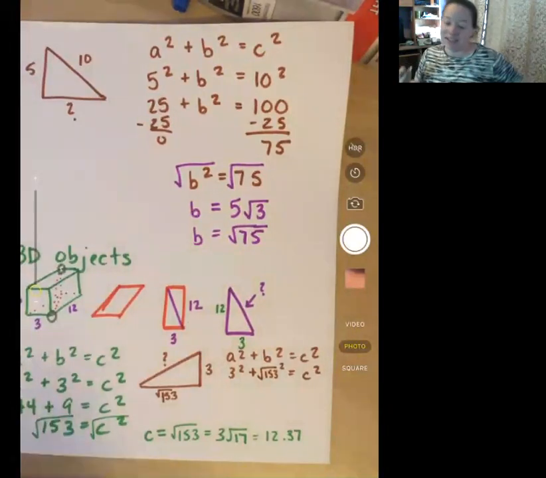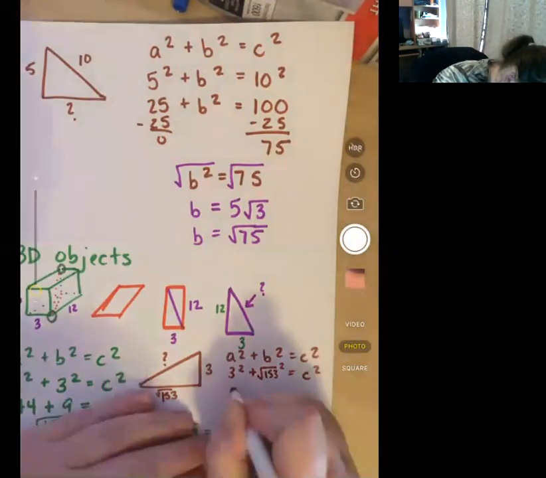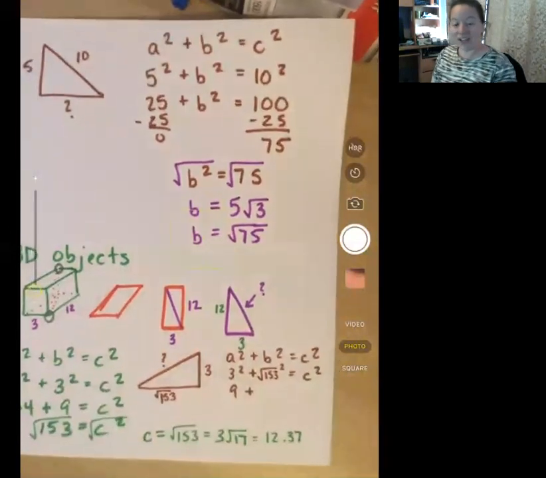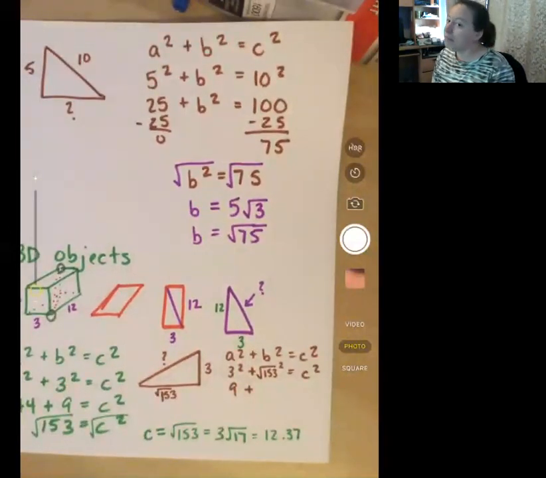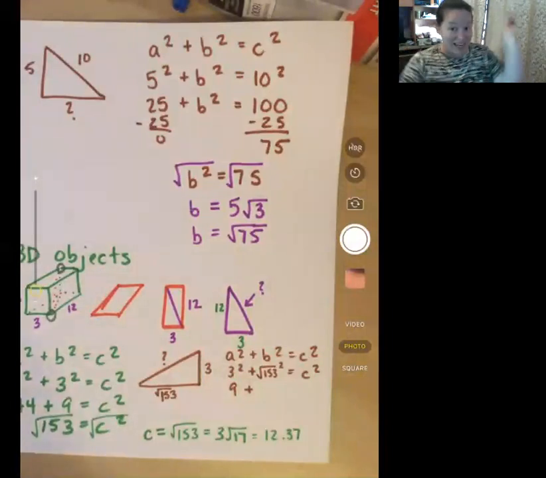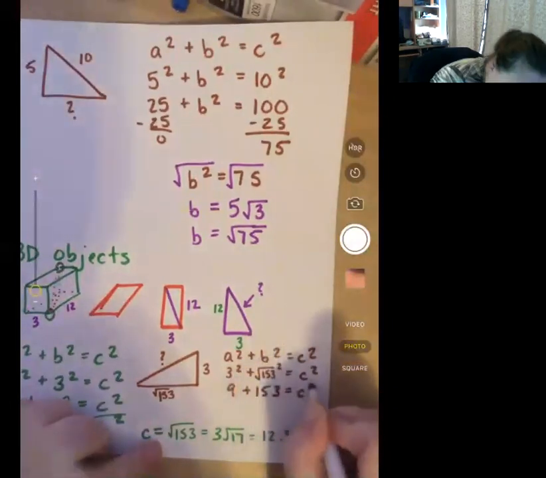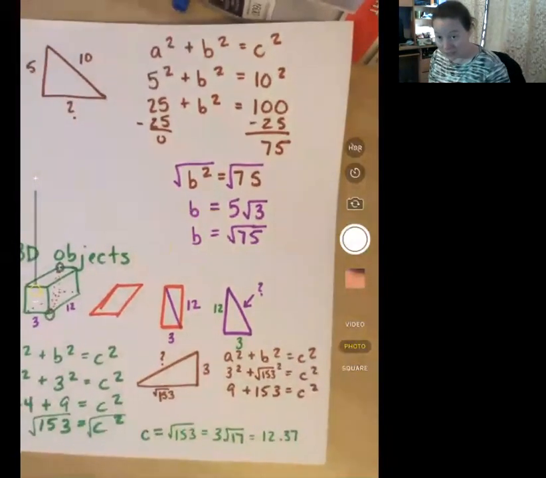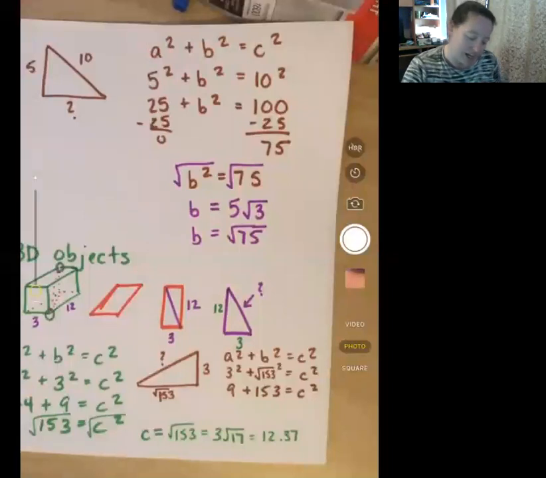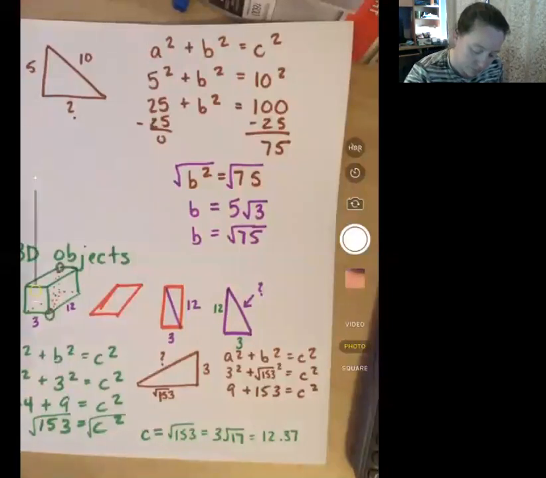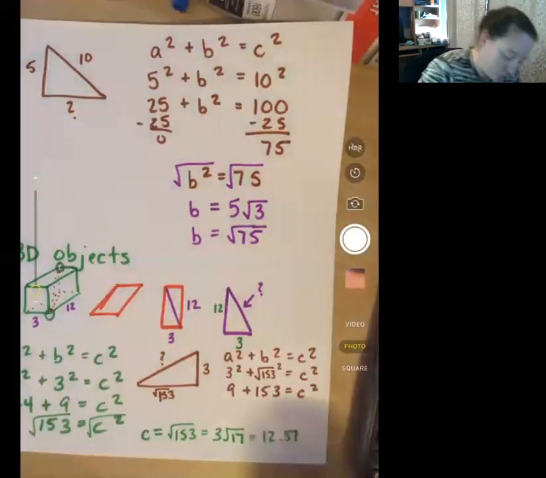Okay, this is actually easier to do than the other one was, so we can do this pretty quick. 3 squared is 3 times 3, which is 9. Square root of 153 squared. Remember, square root and squared cancel each other out. So we are just left with 153 is equal to c squared. You see why I kept it that way? There's no point in worrying about it. So now I do 9 plus 153, which gives me 162,